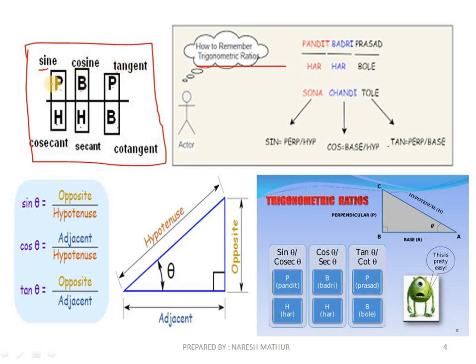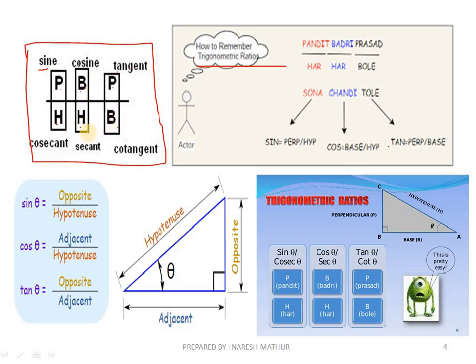Or we have one more phrase, just see: some people have curly black hair through proper brushing. You can learn this table by any of the methods, or you can make your own phrase just to learn it. Alright, now the question is, how can we differentiate between perpendicular and base?